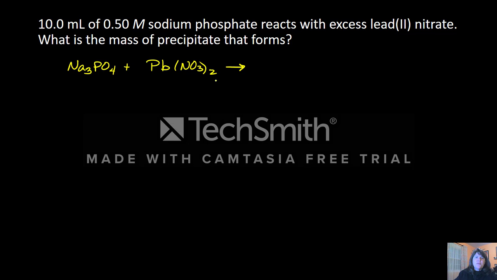This is a double displacement reaction, so the cation and anion will switch. The sodium from this first compound is going to hook up with nitrate in this one. We just look at the charges. So we end up with NaNO3. Worry about balancing it afterwards. And then with the lead nitrate,